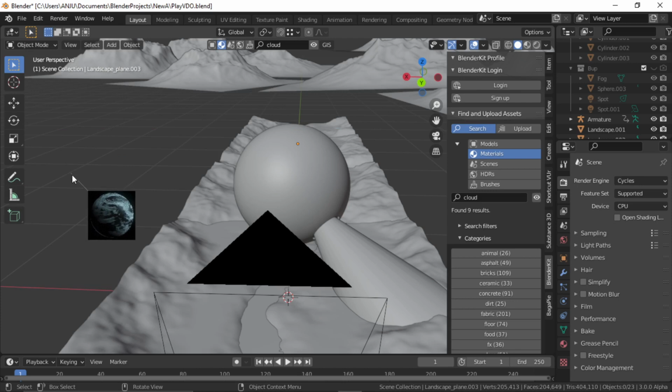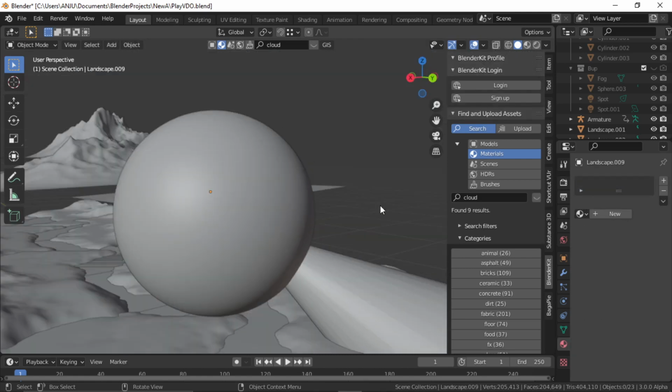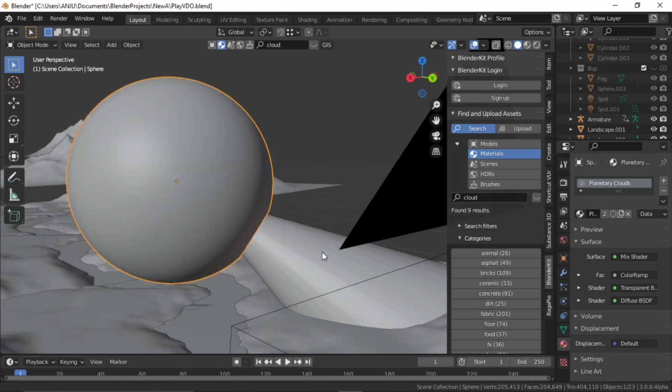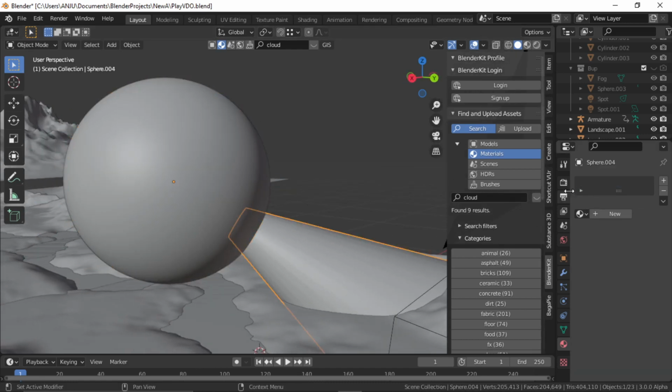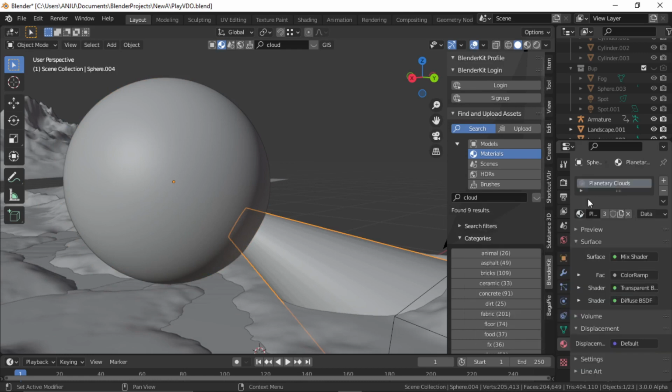So drag it on the upper sphere, so it gets applied. If you select the object, you can see here the material is planetary clouds, and I'm going to apply the same material to this object as well. So select it and apply the planetary cloud.